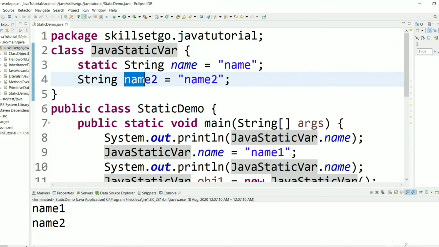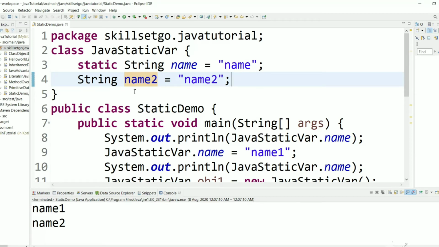We must create an object for accessing name2 because it is specific to the object, not the class level. And if one object changes the value of name2, then another object cannot get that value because it is specific to the object which changed it, because it is the state of that particular object. That state can't be seen by other objects. So this is all about static variables.